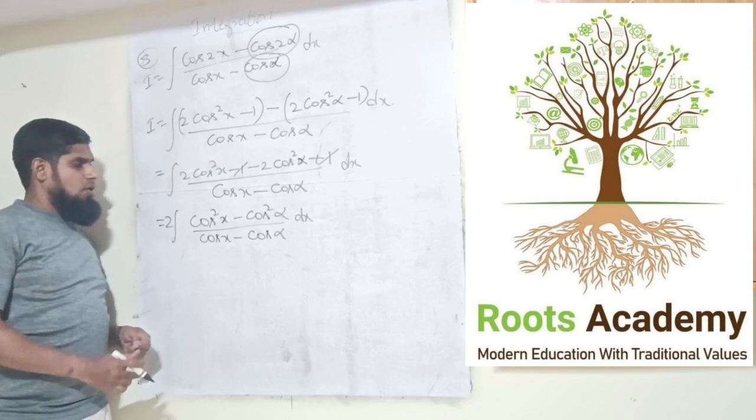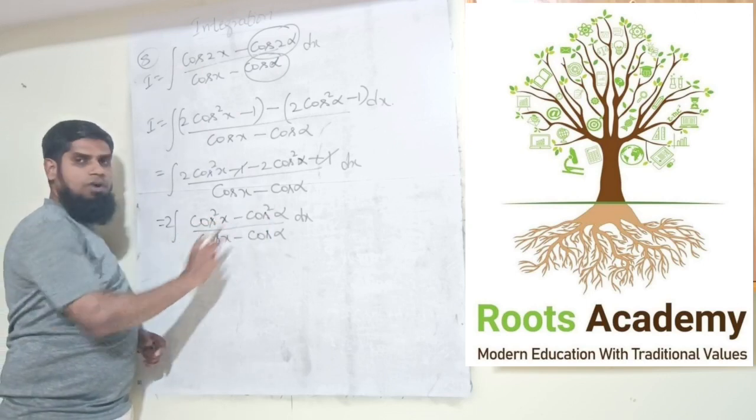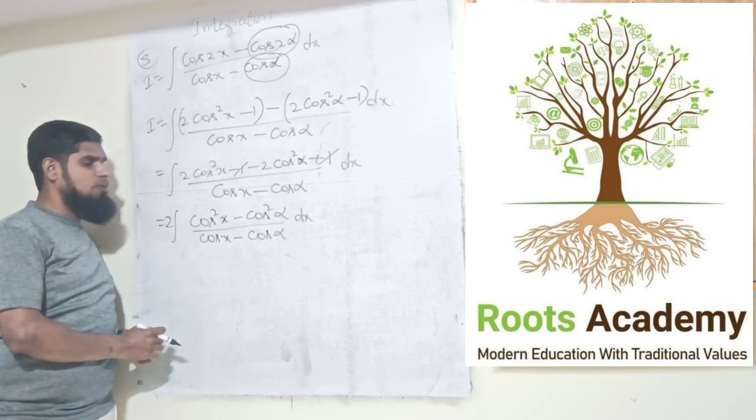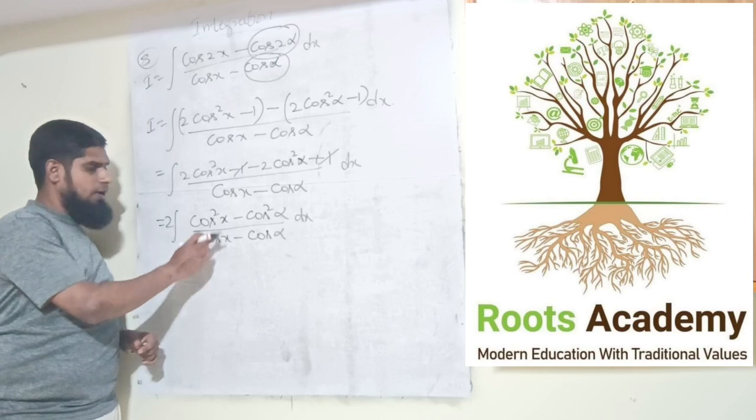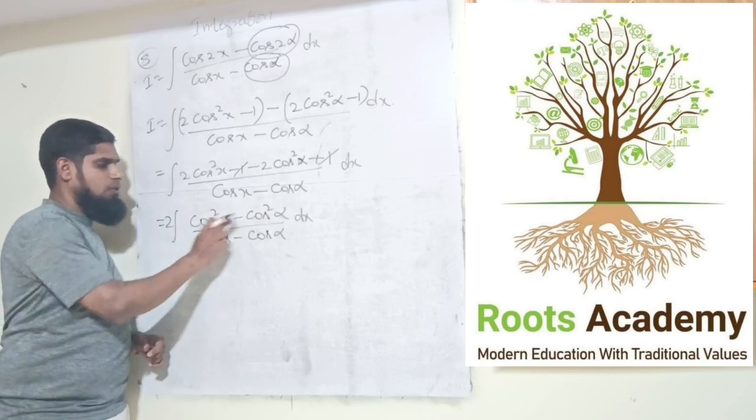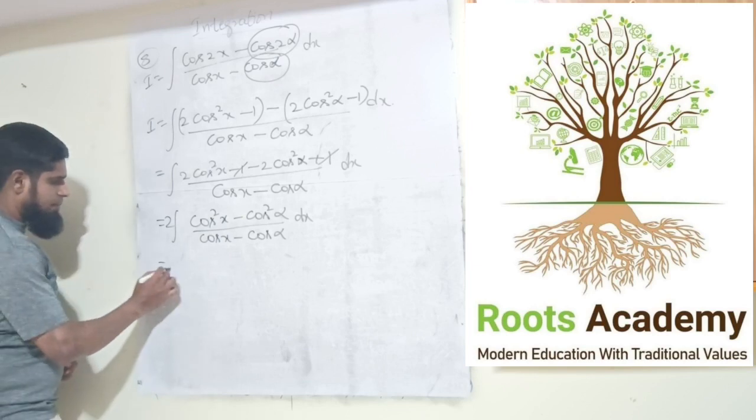Now student, the numerator I have in a square minus b square form again. Last problem we applied a square minus b square identity. In this problem and in this step we must apply the same identity. So the numerator can be written as